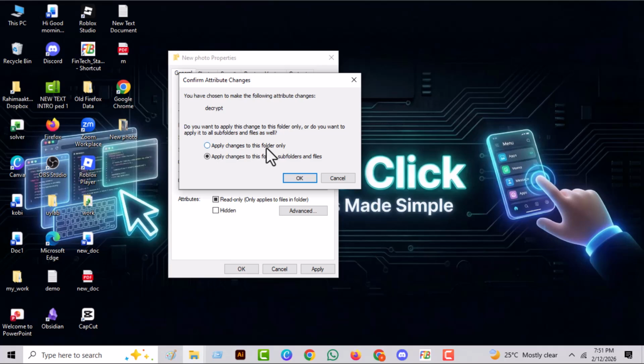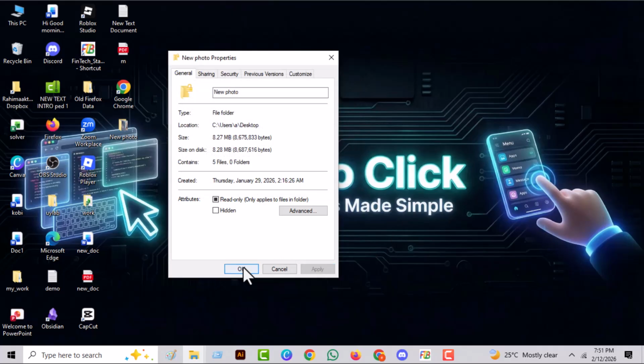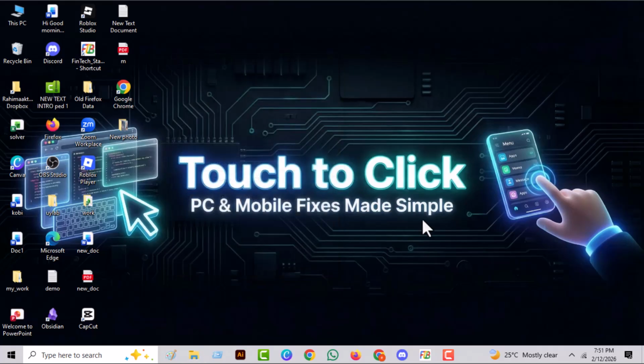A prompt will appear asking if you want to apply the change to just the folder or to all subfolders and files. So you should choose the option for all subfolders to ensure everything inside is fully unlocked. This is important because it guarantees that every individual file within the folder becomes accessible and no longer requires special